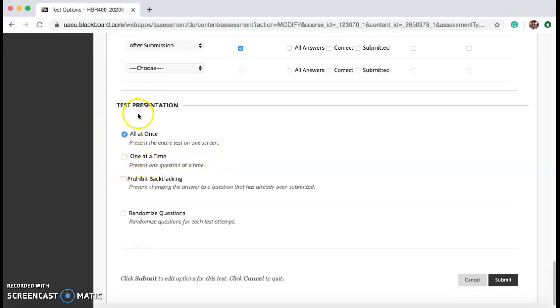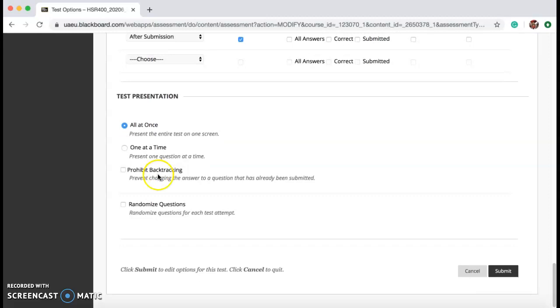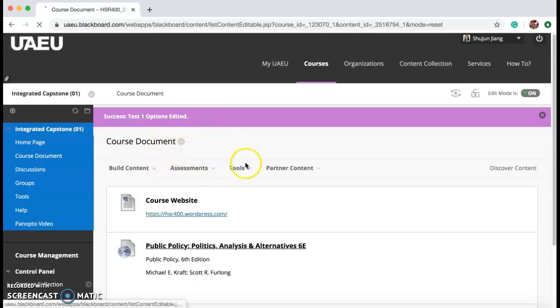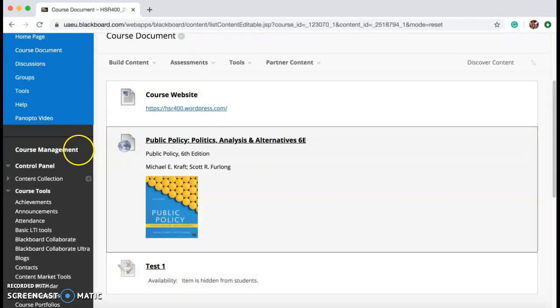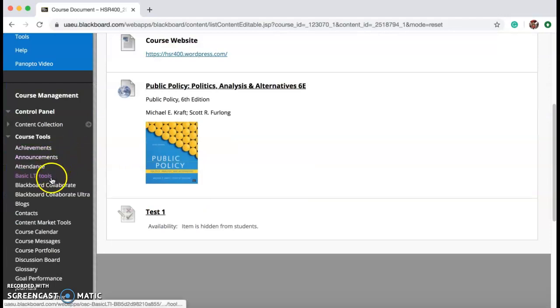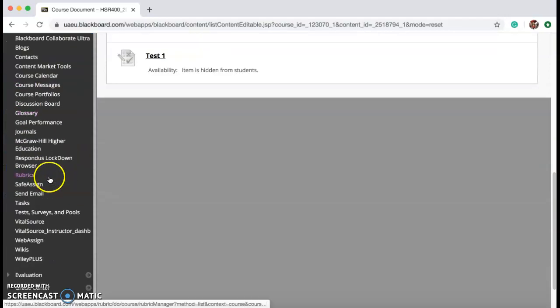And here is for the presentation of the test, whether you want it to be seen all at once or one question at a time. Okay, and you can also check the randomized questions, which means the order of the questions will be randomized. Okay, so these are all the settings for the tests. You can click submit if you make any changes. Okay, so the test is there, and now I want to show you how to deploy the question in Respondus